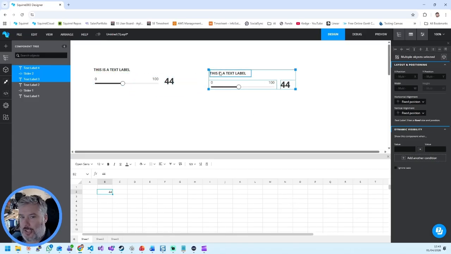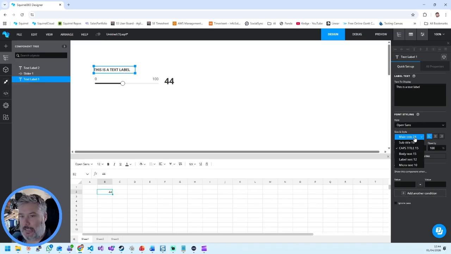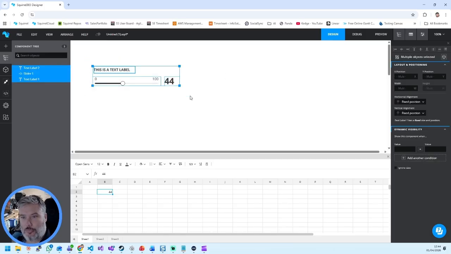But what if I wanted to change the text label? I'd have to go and change it from the caps title to subtitle, so it's not using the init cap and those sorts of things. I'd have to go through and apply that to every single location where that is found. With custom components, what I can do is select all these controls here,